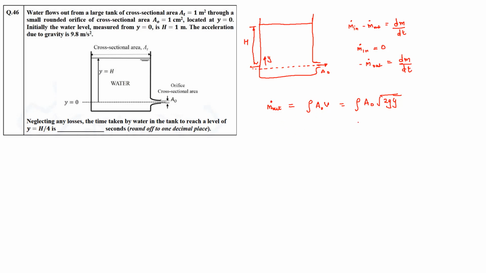So this is there, and then this dm/dt, the rate of change of mass inside this control volume, will just be equal to d/dt of rho times the area here. So this will be your A_T, the area of the cross section of the container, times y. Or you can take these out and just say this will be dy/dt. Now substituting both of these in this equation number 1,